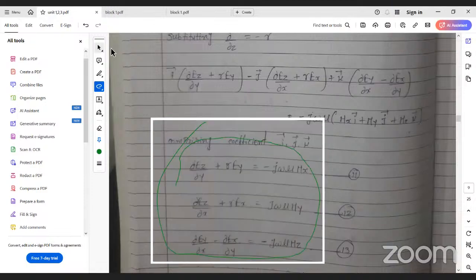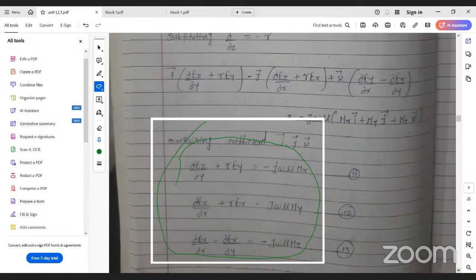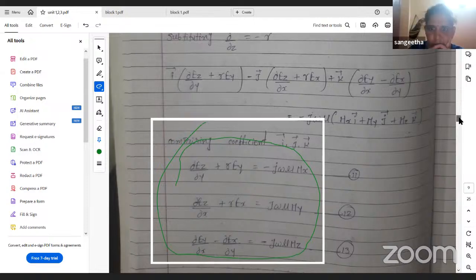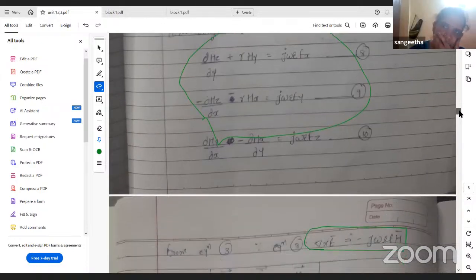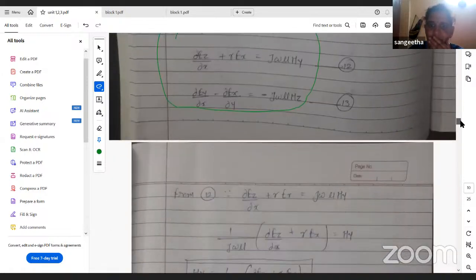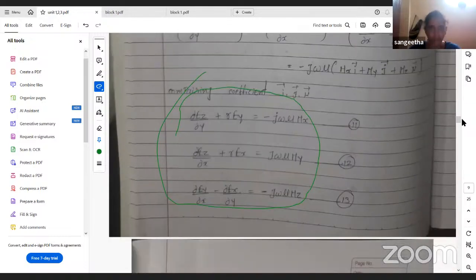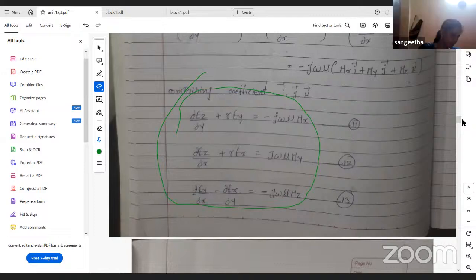The previous ones are the electric field equations, and this is only the magnetic field equations now. Whatever we got here are the magnetic field equations. What are these equation numbers in the textbook? Equation numbers 3.4 and 3.5 are given in the textbook. So we solved up to the 3.4 and 3.5 equations.